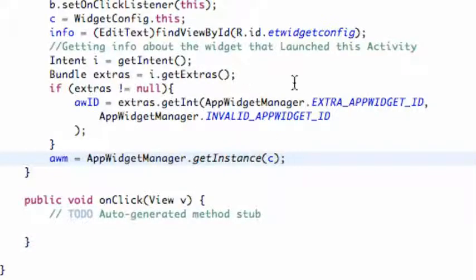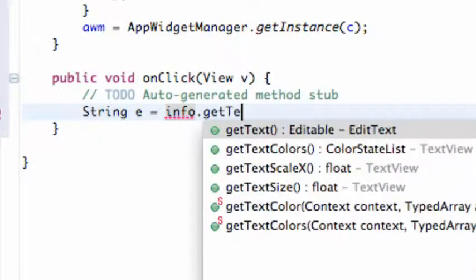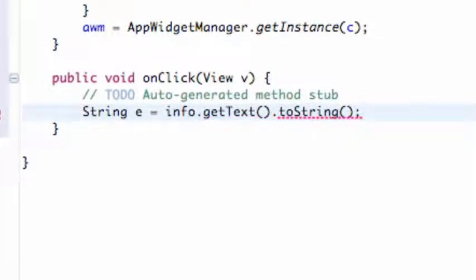And now we're just going to set up our onClick method according to what we want to happen. So we're just going to create a string, call it E, and this is going to be equal to our info edit text, called info I should say, and then just get text to string. Again, nothing new. And we're just going to set up the string for this one, and then we're going to get into opening another activity. So this is similar to what we have done previously,